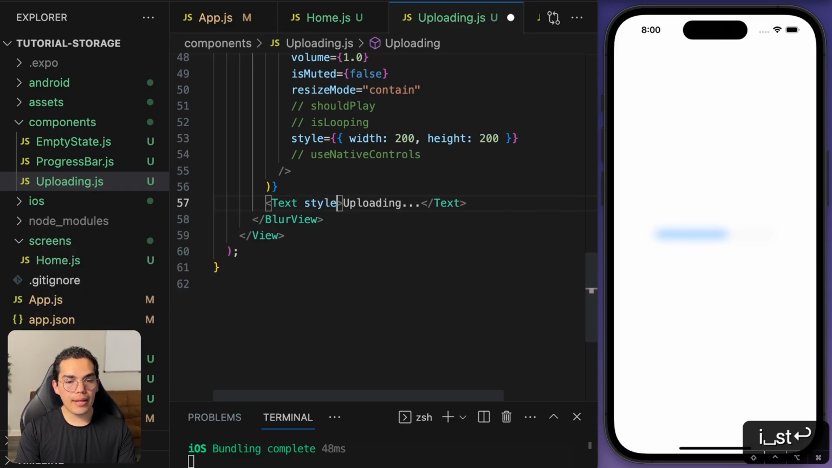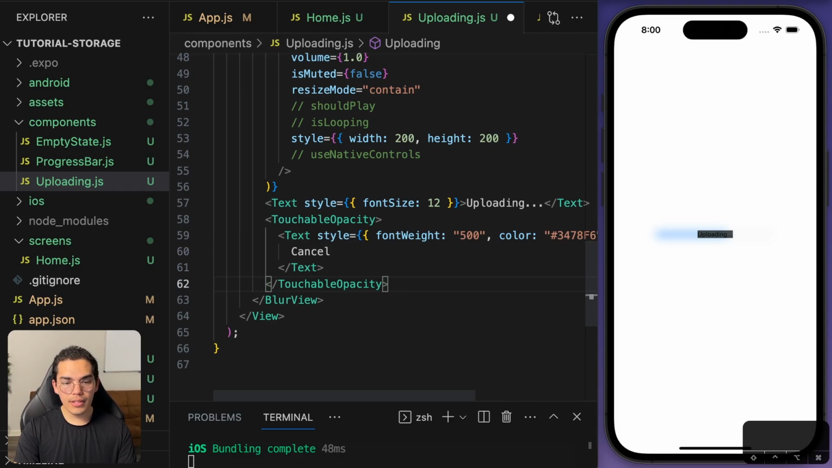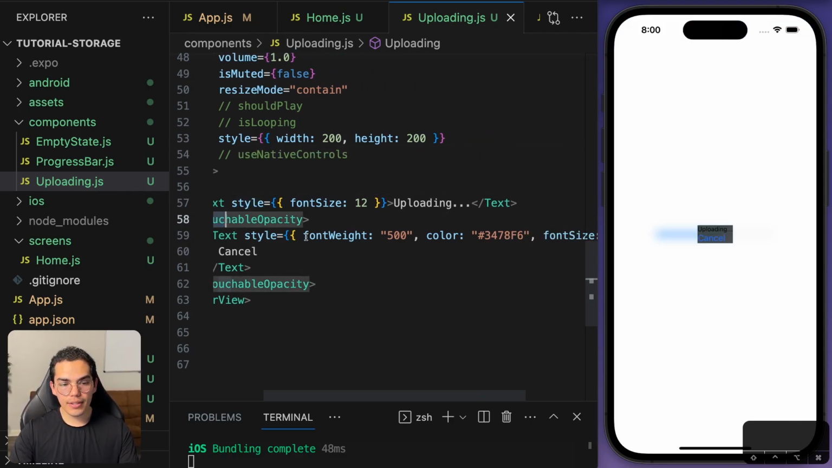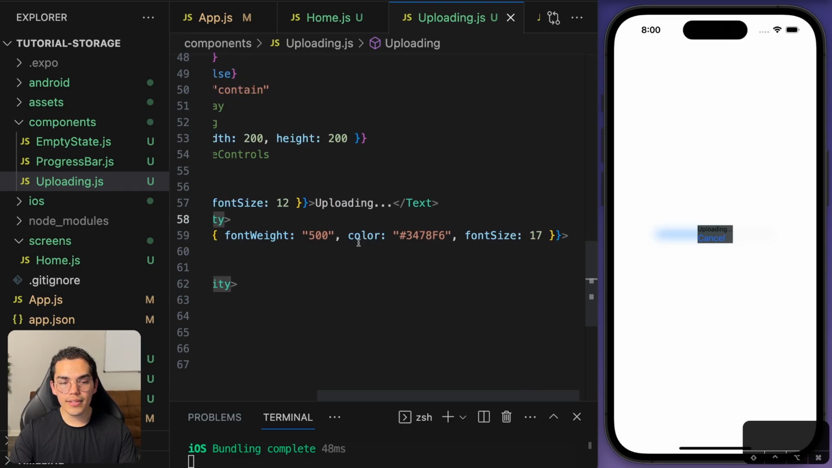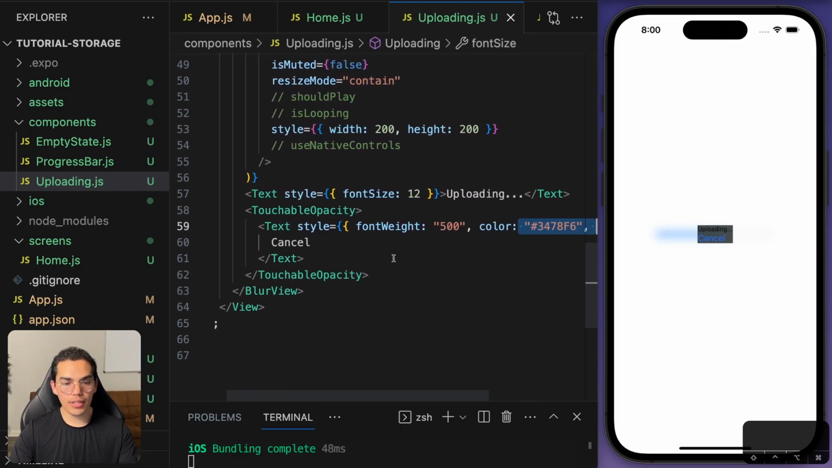And for the style of this, it's going to be font size of 12. If I hit save, you can see that we have the uploading and the blur effect. Now this view is too small, we don't see anything. But now I'm going to create a cancel button. It's just a touchable opacity. As you can see here, we have a text that says cancel, font weight 500, color blue, font size 17,